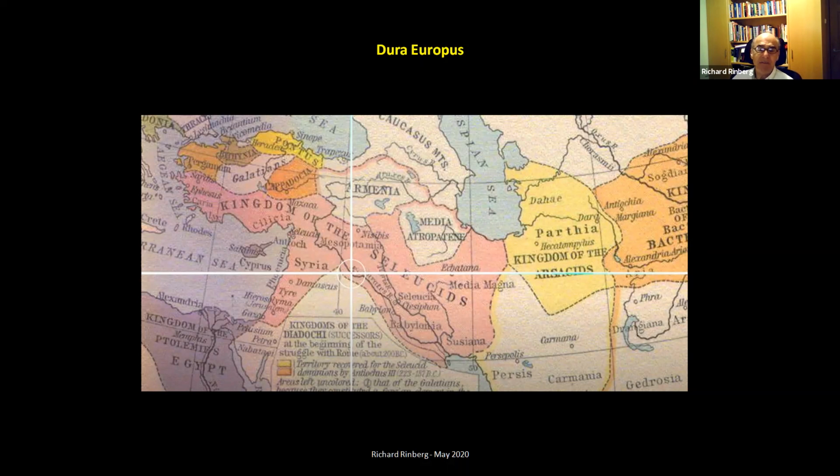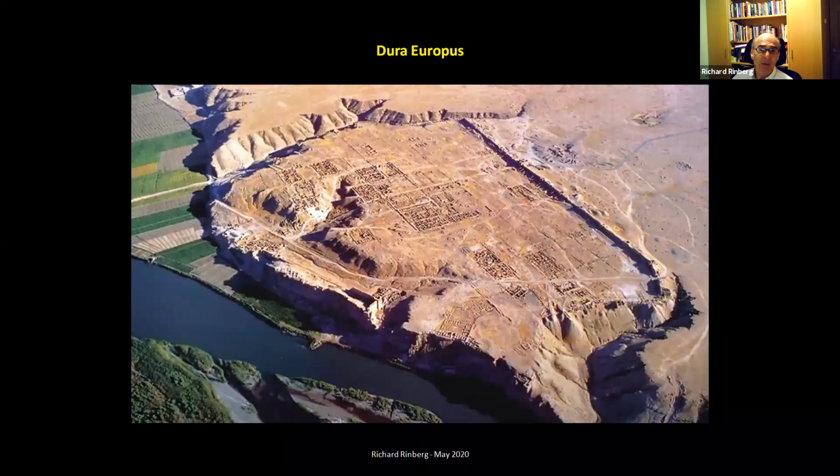His generals then fight for their own fiefdoms, and the Seleucid Empire steps up, and Dura Europus, and here's an aerial shot, I obviously didn't take this, of Dura Europus. You can see the Euphrates here, and there's a 300-foot cliff here, and these deep ravines. So if you want to defend this, and this is towards, let's say, Iran, so the Parthians, the Iranians are going to come from this direction, so here's your wall that you're going to defend. You're not too worried about people coming from the river or from here, this is the side.